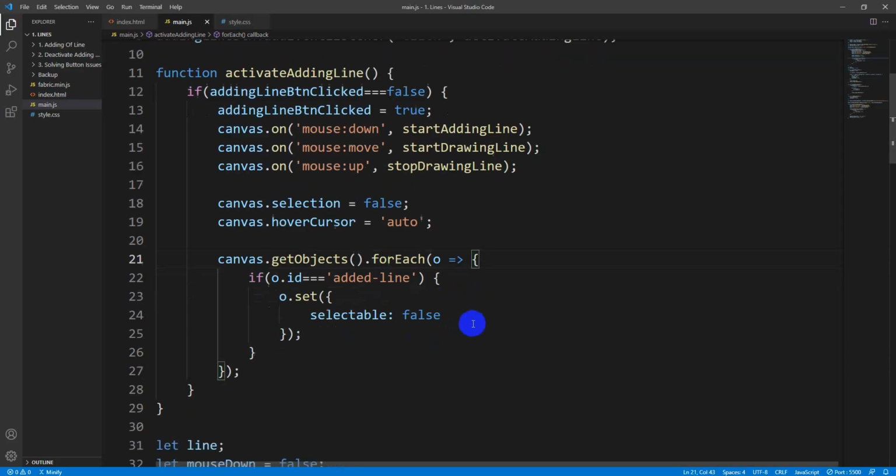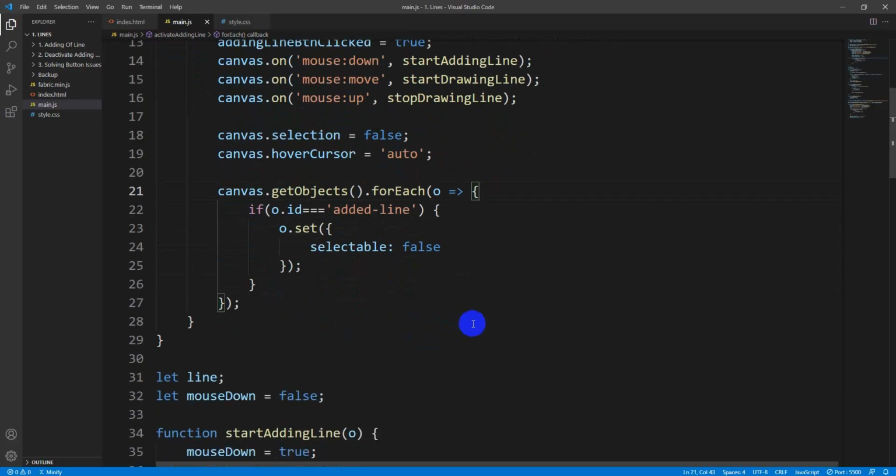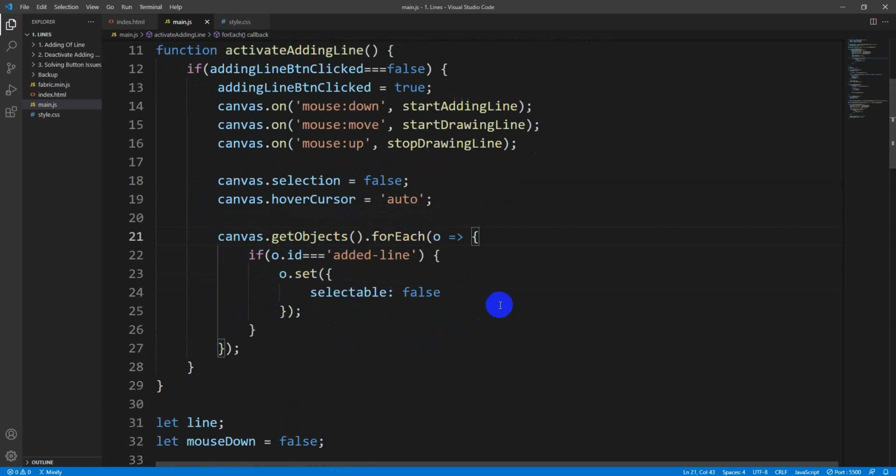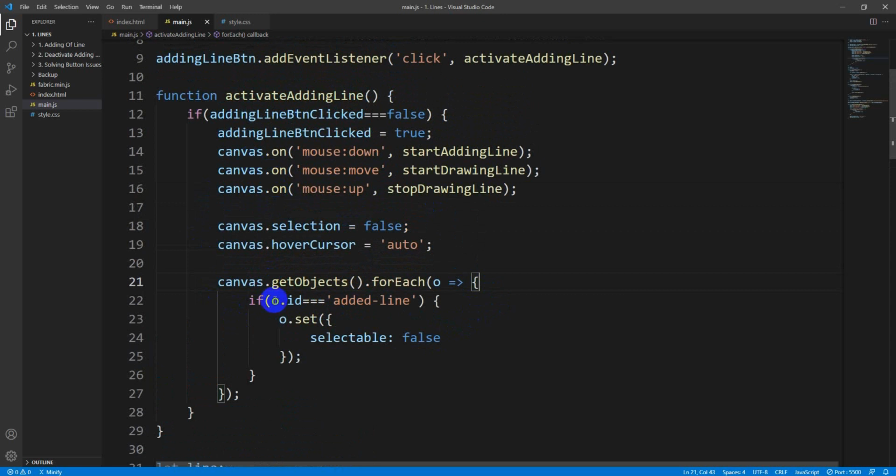Now, I want to add a shortcut, okay? Instead of writing these lines of code over here in the add line button, okay?